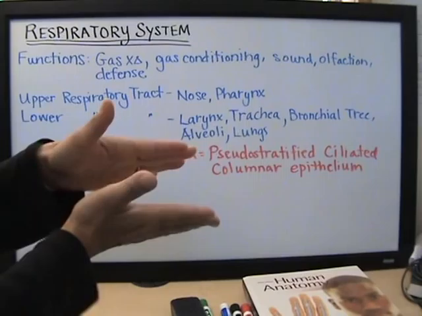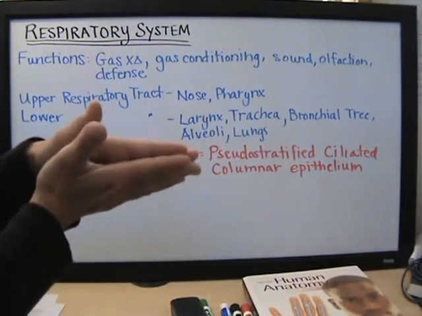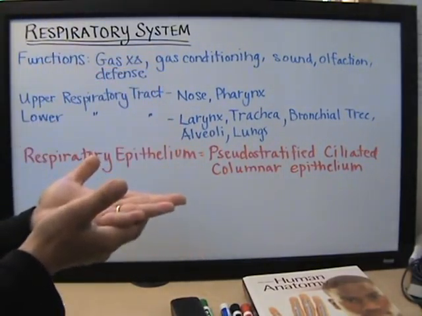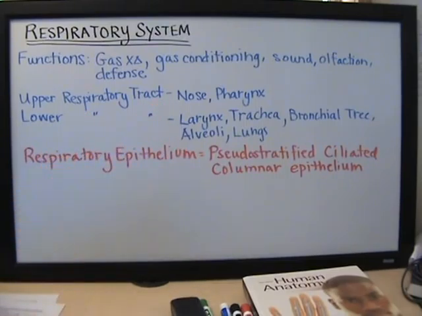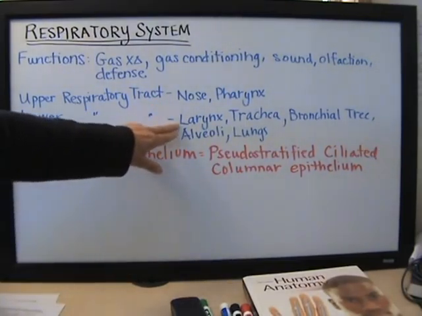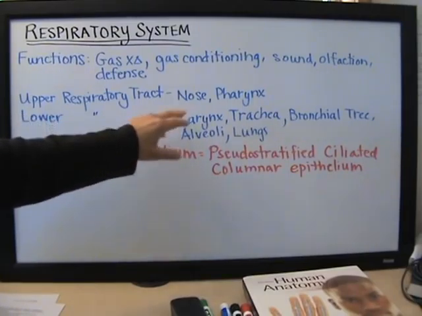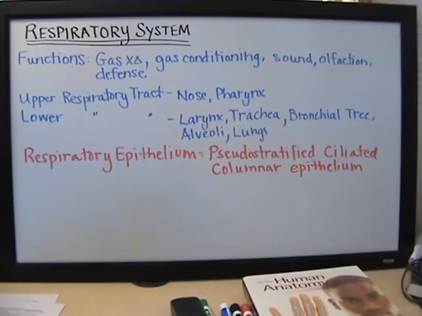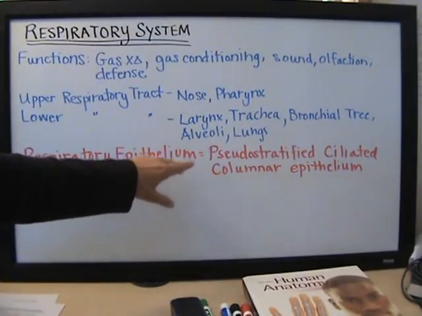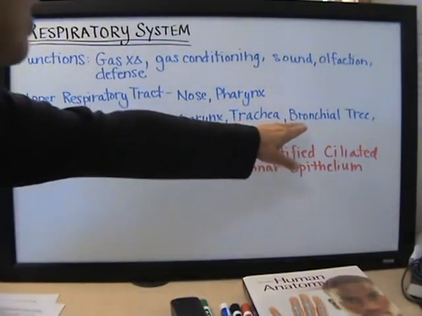So you have a lot of thin, flat cells stacked on top of each other, but they're not keratinized, meaning they're not like the skin. The upper part of the larynx also is non-keratinized stratified squamous epithelium. All right, but then as you get farther down, it maintains that respiratory epithelium